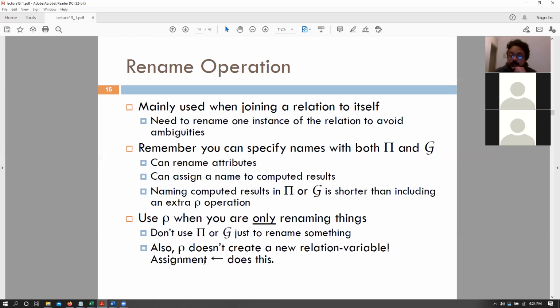Remember one thing, the rename operation is not the assignment operation. The assignment operation would be similar to, let's say, create temporary table that does this thing, or insert into table from this select operation, right? Those are your assignment operations. That is not your rename operation, because the assignment operation actually creates a separate new table for this thing.